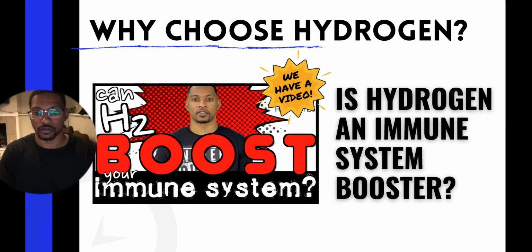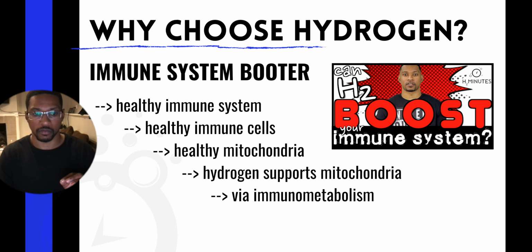Immune system. So we actually could have discussed this in many different ways. But we actually talked about it in one particular way. We'll probably make another immune system video where we talk about how hydrogen is regulating the immune system. There are a lot of articles about that, but in this one we talk about one particular way, which is basically immunometabolism. So the logic of the video follows: to have a healthy immune system, you need to have healthy immune cells. And to have healthy immune cells, you need to have healthy mitochondria in those cells. And hydrogen supports the mitochondria and can benefit the immune system in one particular way called immunometabolism.